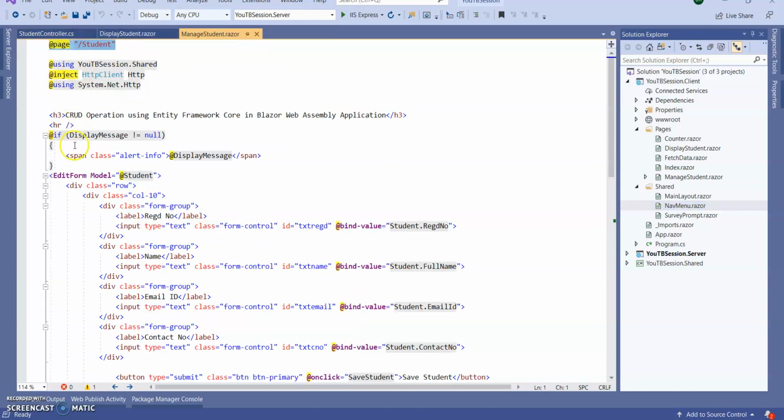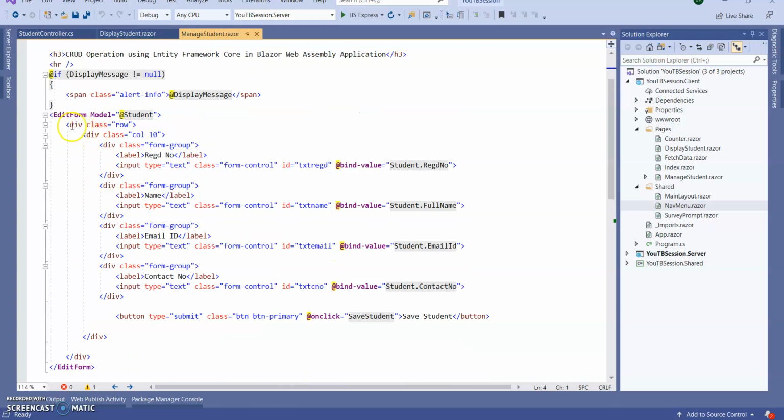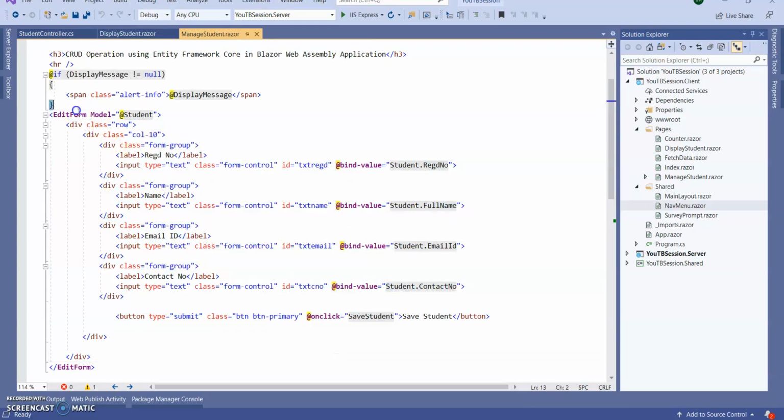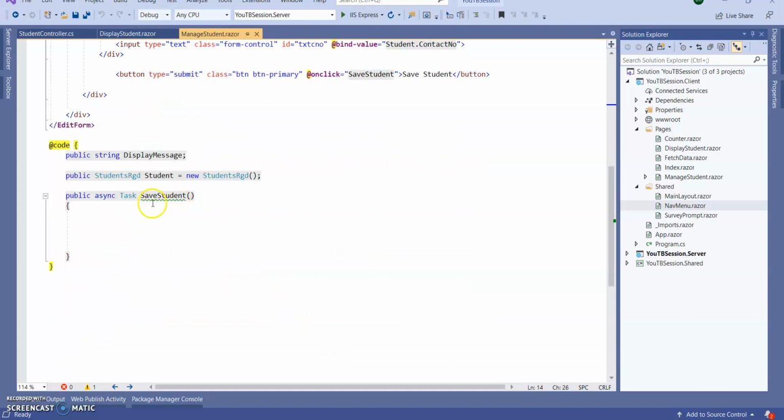In this page, I added HTTP client, injecting HTTP client. I created a simple input form without any validation using EditForm with the student model. This student model is the student registration data from our shared application, this one.